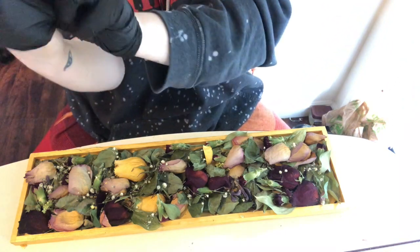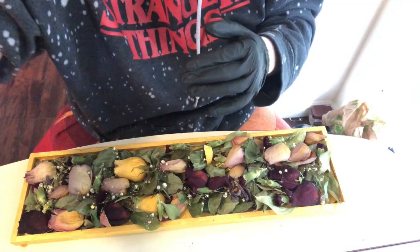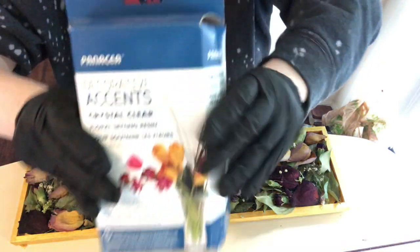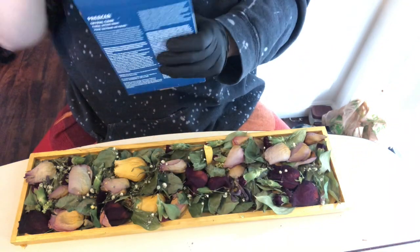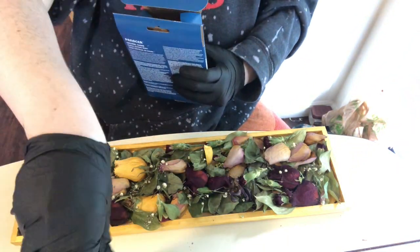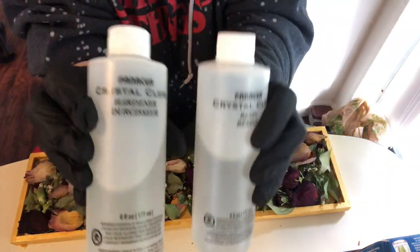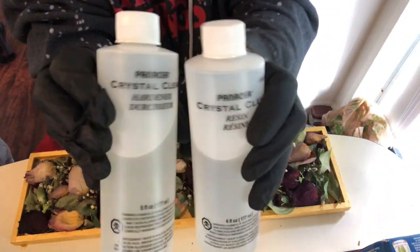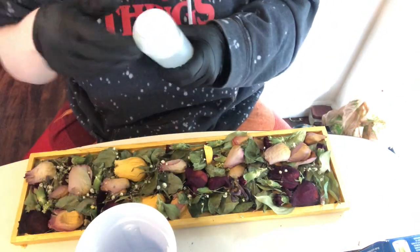So for resin, you're going to want to make sure that you wear gloves. I just have these black gloves right here, so we're going to get those on and get started. So I ended up using this Decorative Accents Crystal Clear Resin Kit that I got from AC Moore. I think it was about $15, and this comes with a hardening agent and the resin in these 2 bottles,